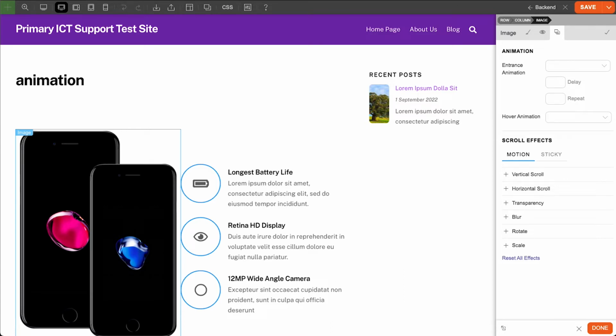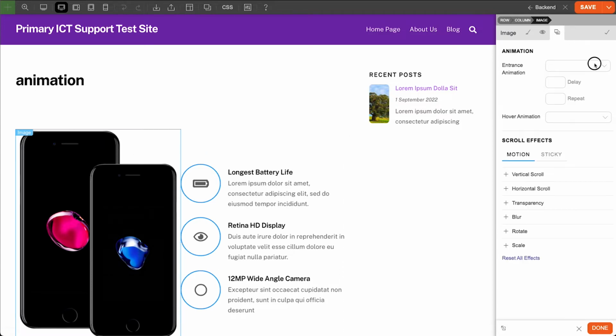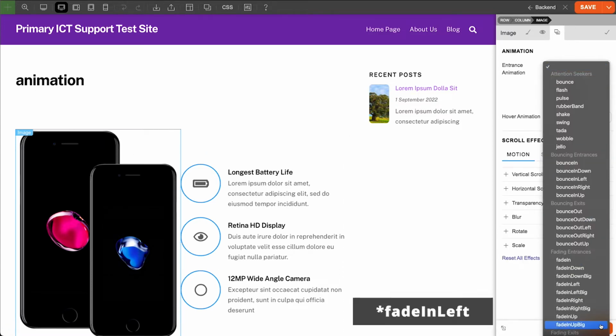When the module or row enters the browser's viewport, i.e., so you can actually see the module or row, then the animation will start. For our example, I would like the image here to fade in from the left and then the feature module to do the same from the right. So I'll click on the image here to go to the animation panel and select Fade in Right from the